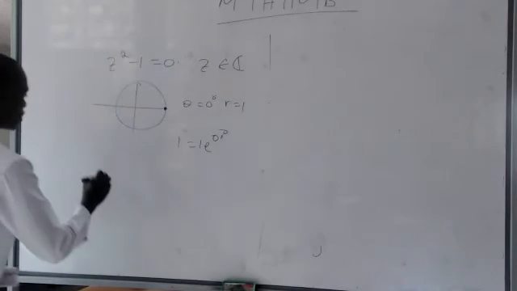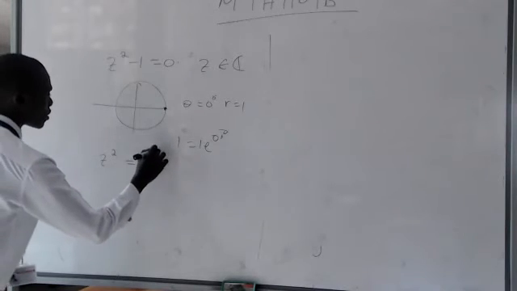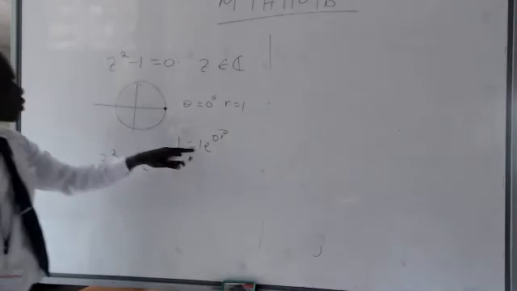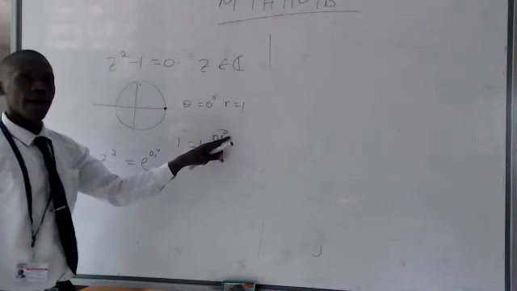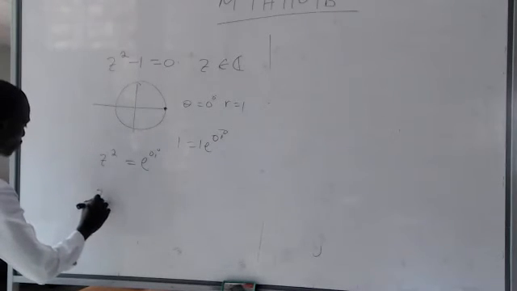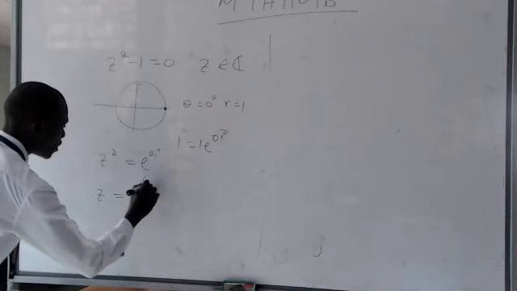So that z squared is going to be exponent 0 I. Remember, z squared minus 1 is 0 means z squared is equal to 1, but I've written 1 as 1 exponent 0 I. By De Moivre's theorem, we know that the roots will be z will be exponent of